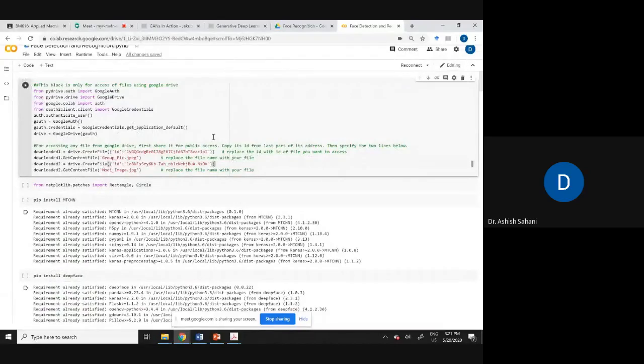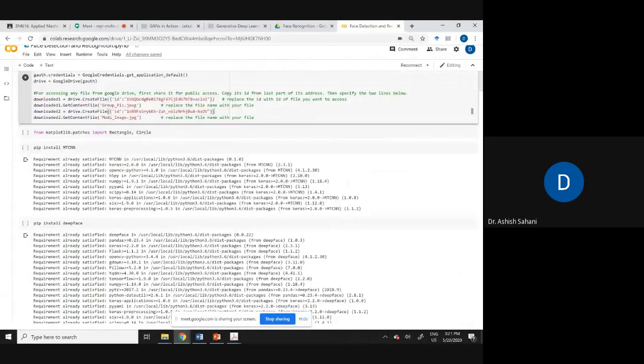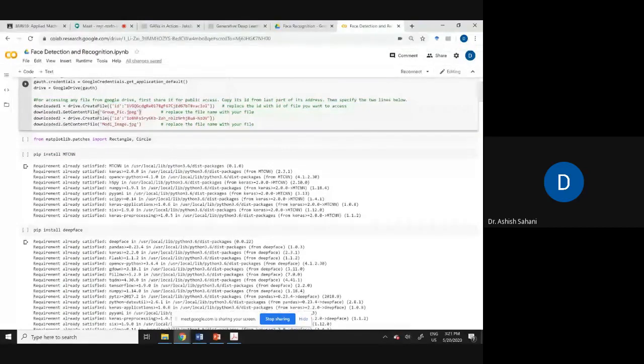I will not run it. I will share it and you can run it. So here I have taken 2 images. One is a group picture of world leaders and another is a single picture of Mr. Modi. After that, I have imported some of the files, but you need to install MTCNN.